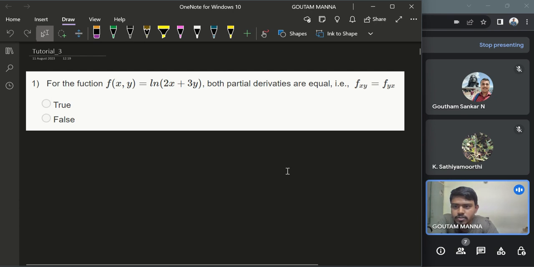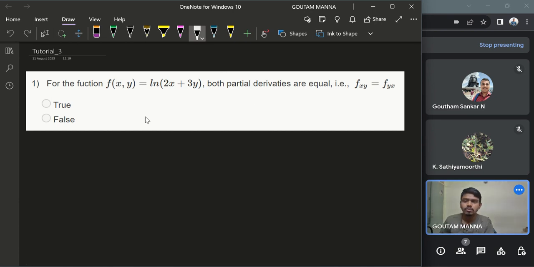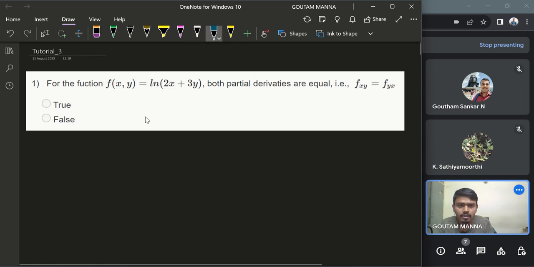Okay, so the first problem is we are given a function with two variables. So f of x, y equals ln of 2x plus 3y. And we're asked to show that both the partial derivatives are equal, that is, f of xy equals f of yx. So f of xy means del x of del f del y, and f of yx is